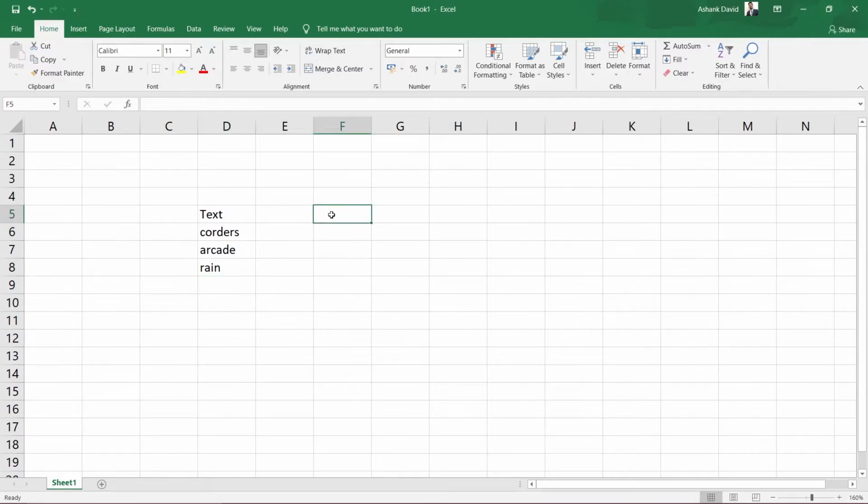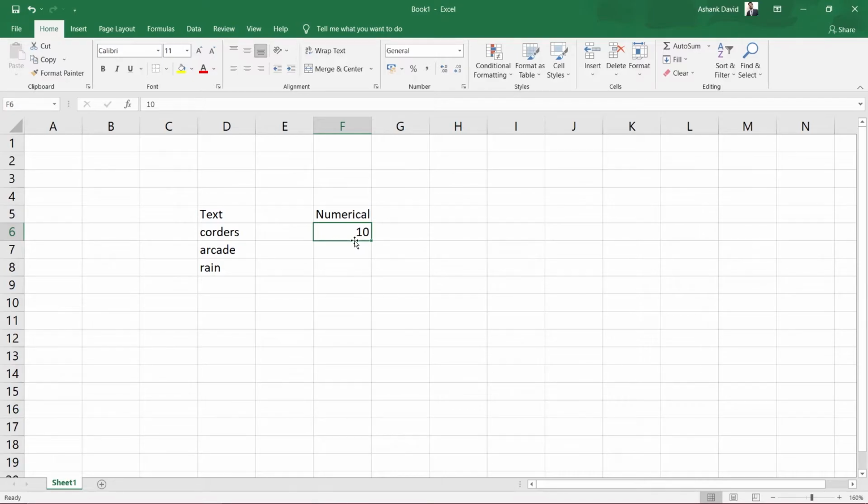Now let's move on to the other type of data, which is the numerical data. So if I give any number like 10 and press enter, you will see that this data is aligned to the right hand side of the cell. Any data that is numerical will be aligned to the right hand side of the cell when it is entered.